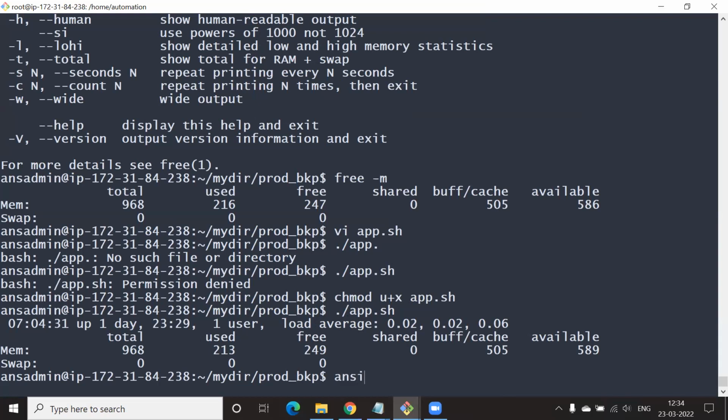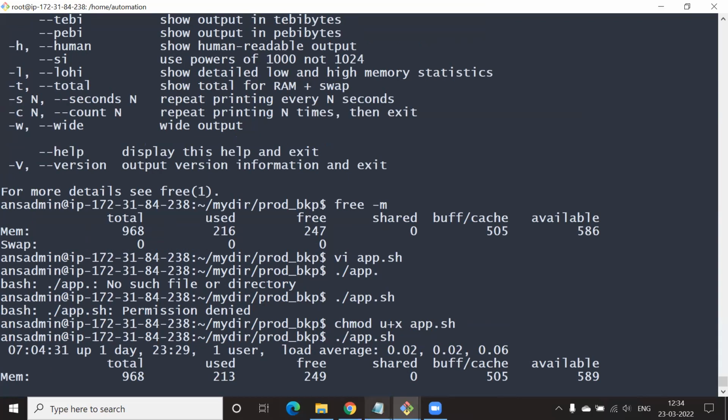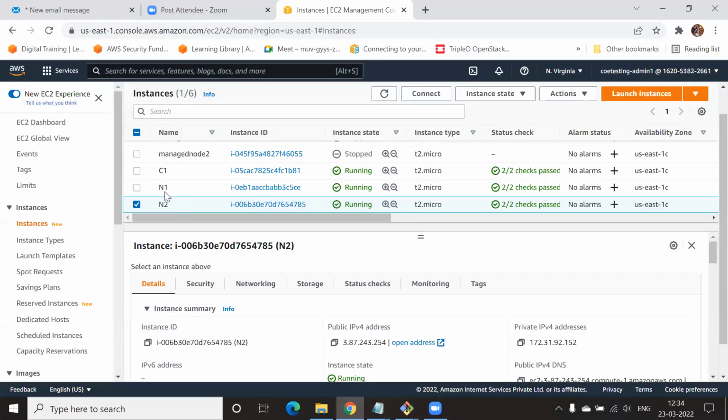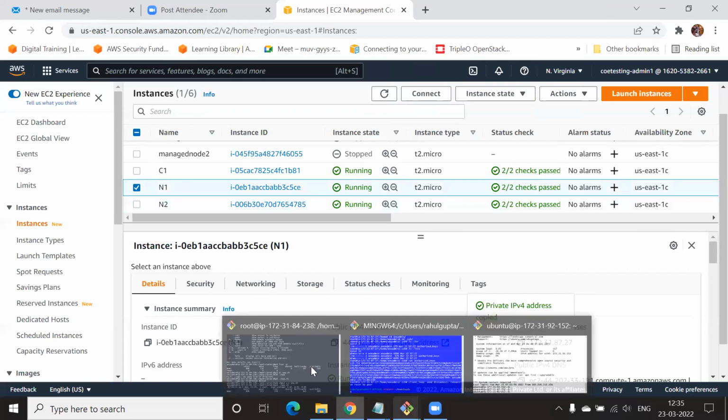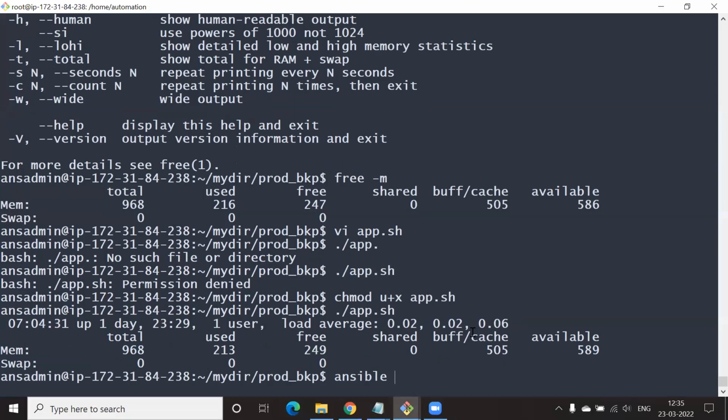ansible, space, pick up the first IP, pick up any one of the IPs. Hyphen m, space hyphen m shell. This time shell.